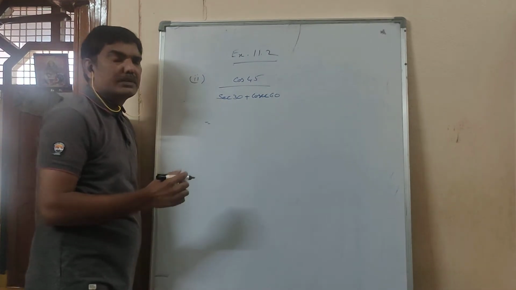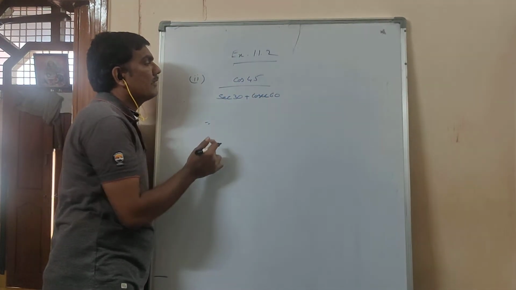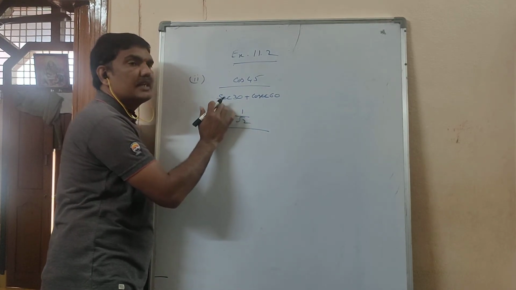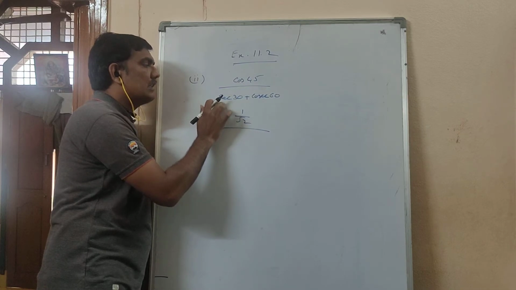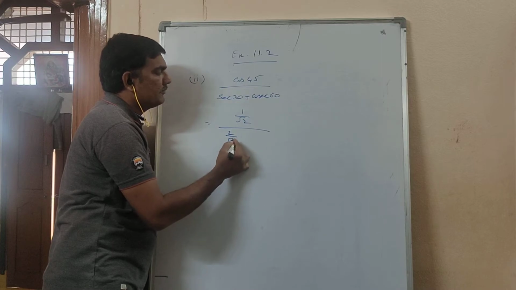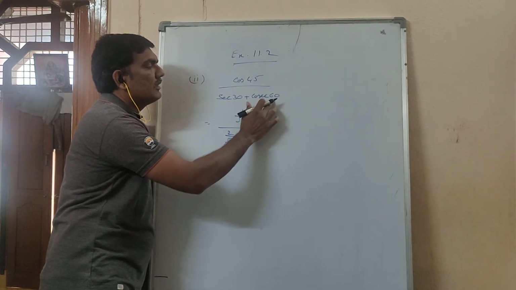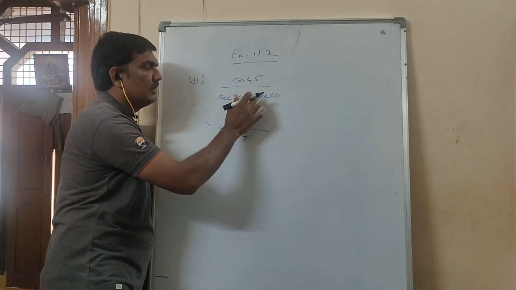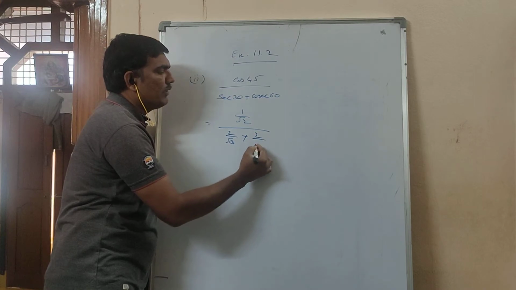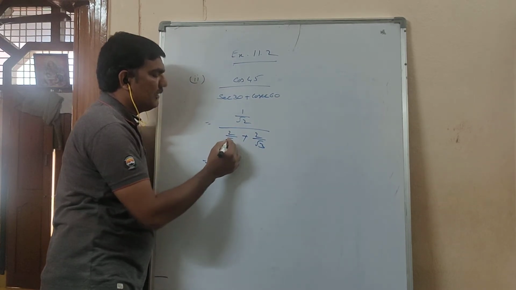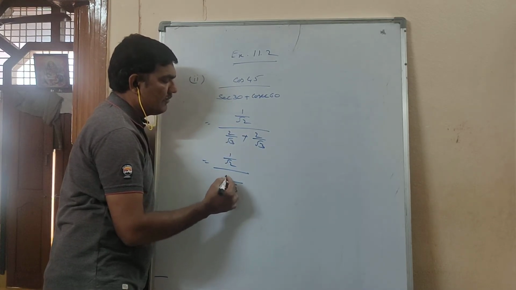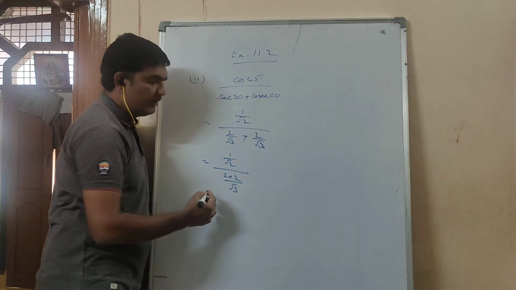It is one problem. So here cos 45 value is 1 by root 2. Secant 30, secant is reciprocal of cos 30, value is root 3 by 2. Secant 30 becomes 2 by root 3. Cosecant 60, cosecant is reciprocal of sin 60, value is root 3 by 2. So cosecant 60 becomes 2 by root 3 again. So here 1 by root 2 same, these two are like fractions, LCM will be root 3 only, and 2 plus 2, 4 by root 3.